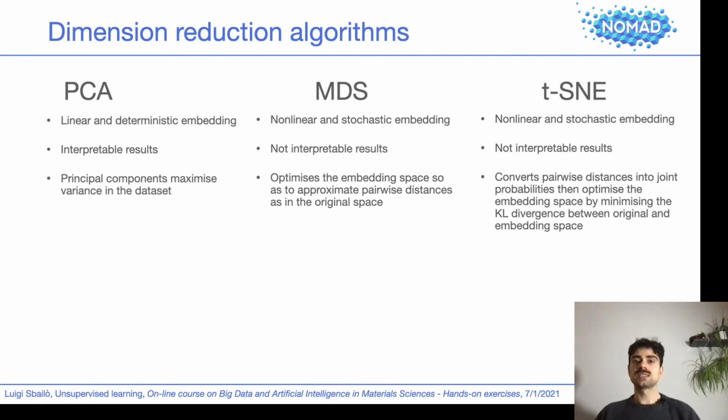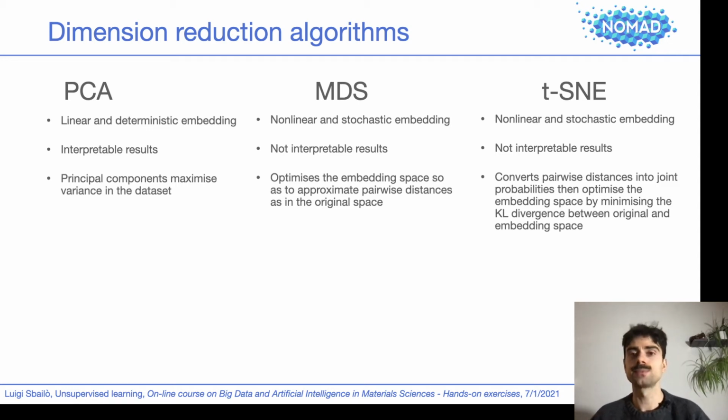The difference is that MDS is trying to optimize the difference between the pairwise distances in the embedding and the original space, while t-SNE builds a similarity matrix. It's going to build joint probabilities that say how likely two points are to be close to each other, and it tries to optimize these joint probabilities in the embedding and the original space,